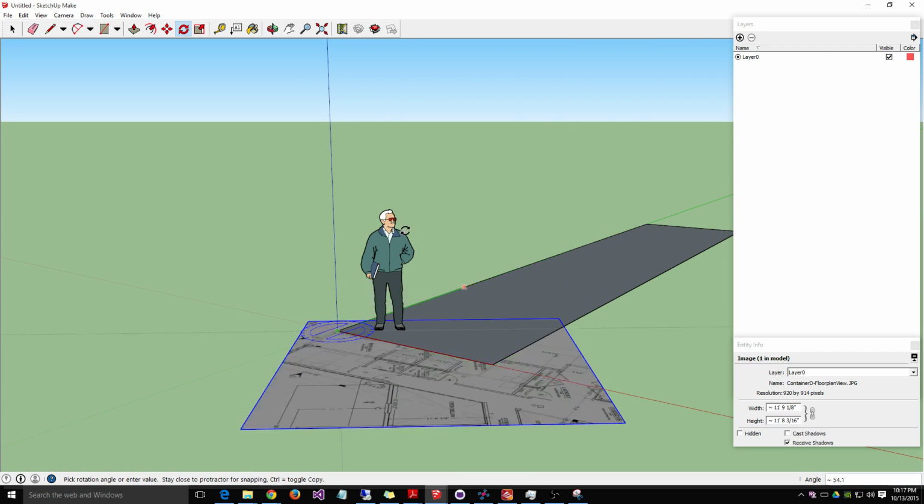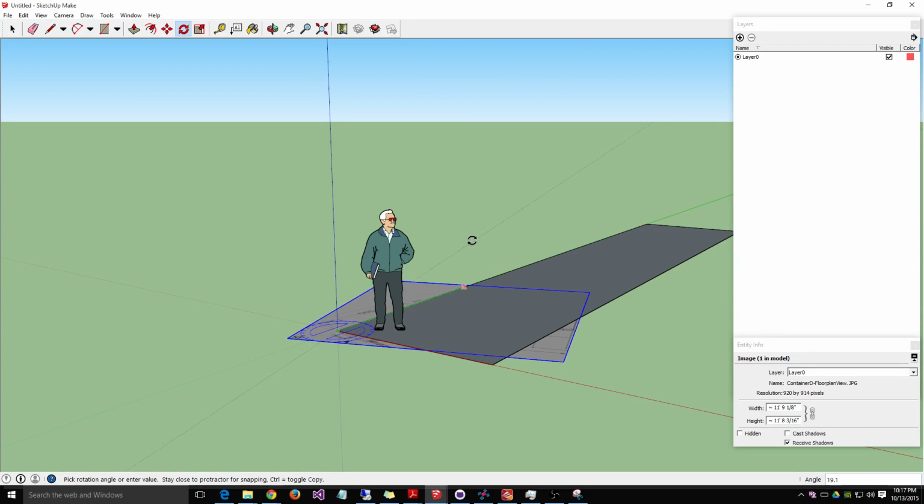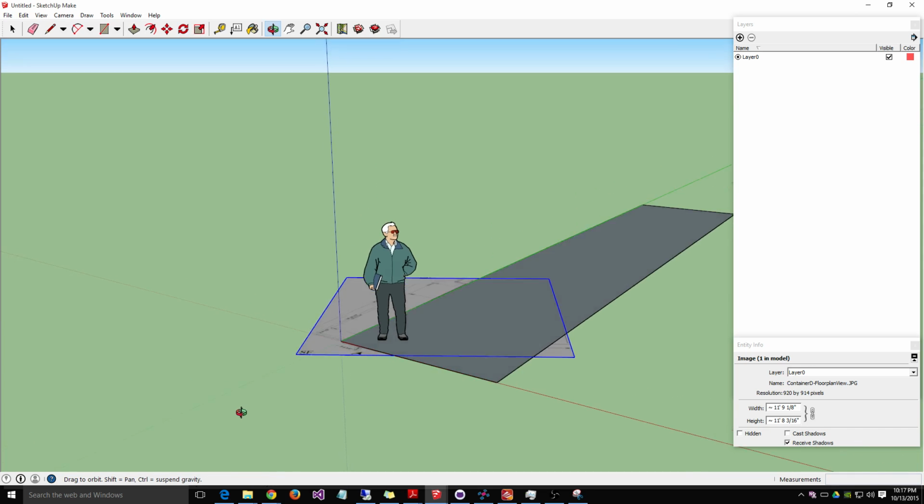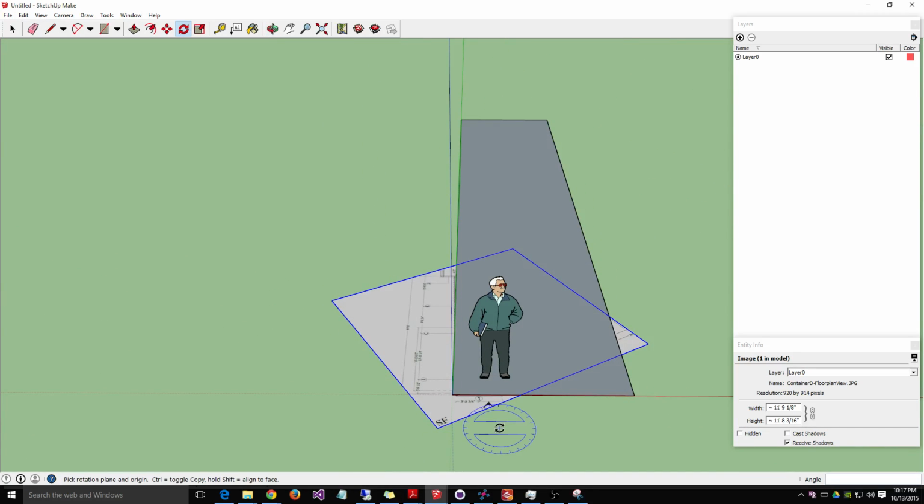Why are you rotating? I'm rotating it because it makes it a heck of a lot easier to figure out the scale, to draw it later, so that it's aligned along a well-known axis, right? Yeah. Because if it's not aligned along a well-known axis, then